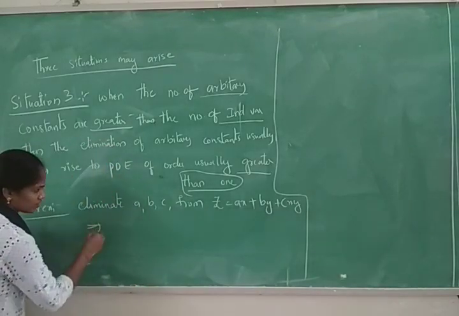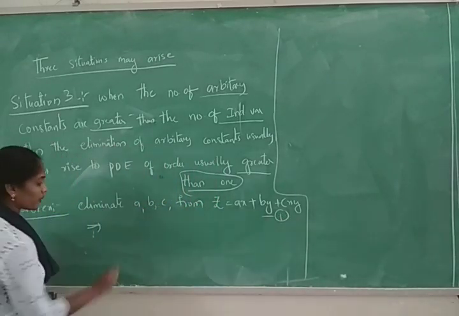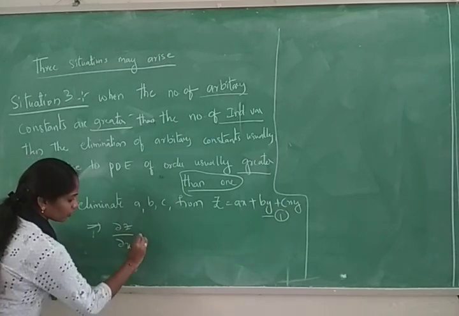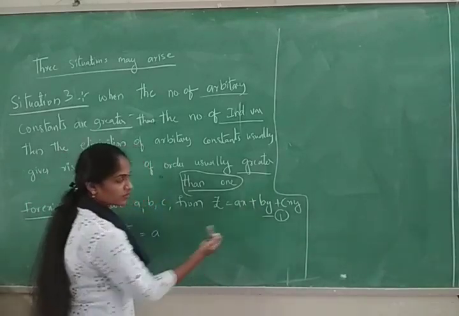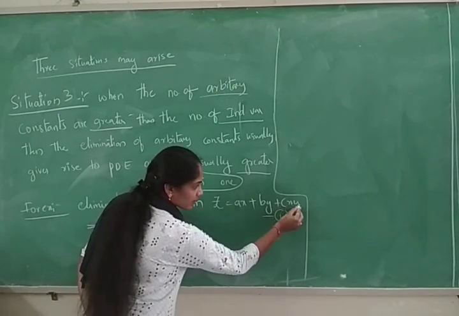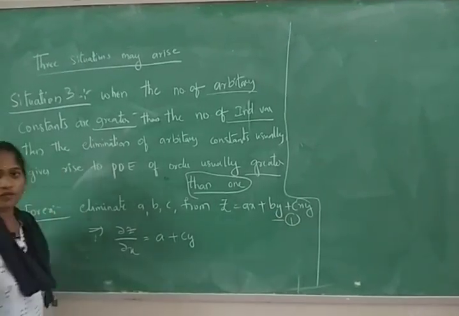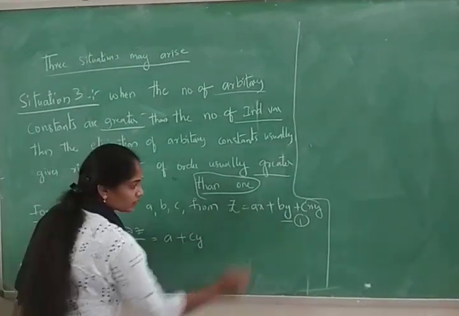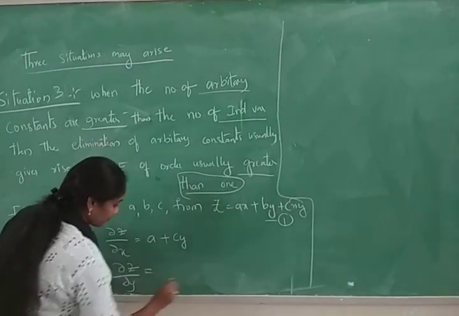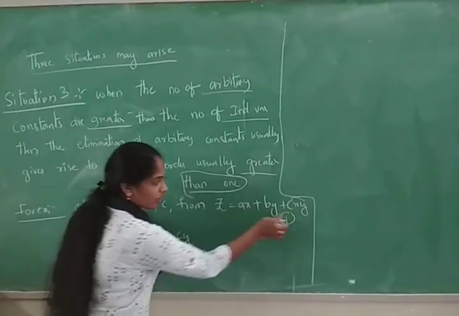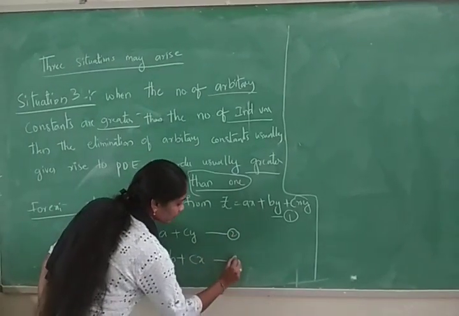I will differentiate first. You first have to differentiate with respect to x, with respect to y, same. So differentiate with respect to x. Dou z by dou x is equal to x. A is constant, 1. This becomes 0 because when differentiating with respect to y, it is constant. Now here y and c are constant, plus c by x is just 1. Now dou z by dou y is equal to b, because this becomes 0, and with y, what comes? cx. Okay? Let it be equation 2, let it be equation 3.